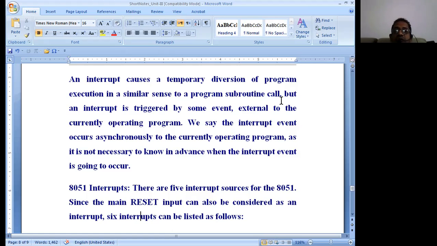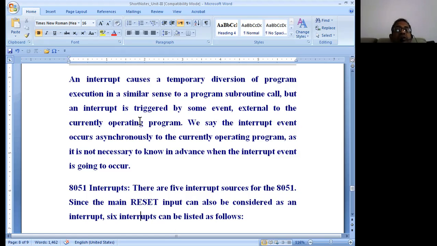Just now we used LCALL, and there is also ACALL. ACALL is only used to jump short distances, whereas LCALL is used to jump long distances. That means ACALL is used with 8-bit address locations and LCALL can be used with 16-bit address locations. That is the long jump and short jump.